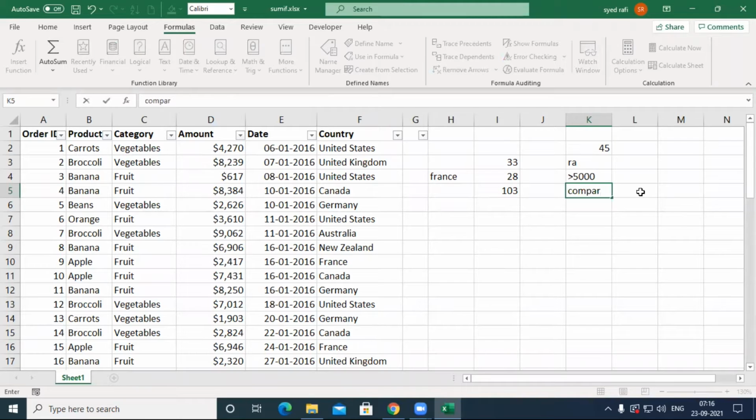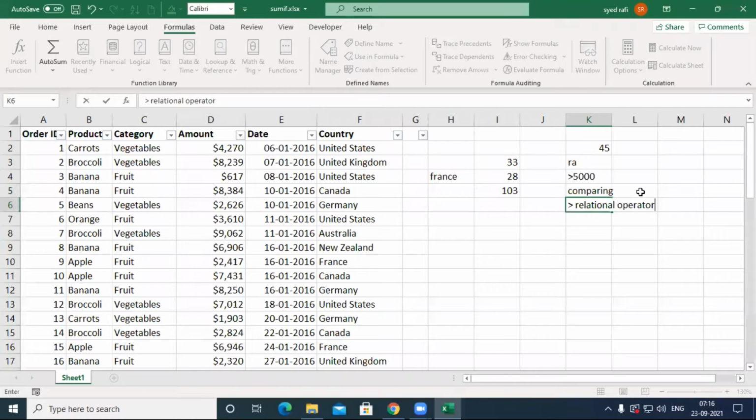In programming terminology, like those programmers writing programs in C, C++, Java, the greater than symbol is called a relational operator.